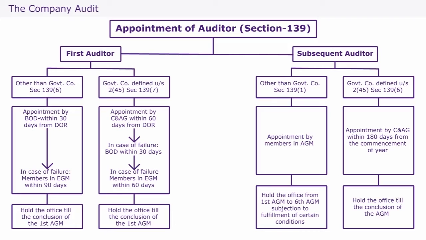In the case of a government company, the auditor has to be appointed by the Comptroller and Auditor General within 60 days of registration. But suppose the Comptroller and Auditor General does not appoint the auditor of the government company, what will happen? Then the Companies Act provision says that the board of directors has to appoint the company's auditor within 30 days from the expiry of the 60 days. That auditor will hold office till the conclusion of the first annual general meeting. So his tenure of appointment is till the holding of the first annual general meeting. Now this is the appointment